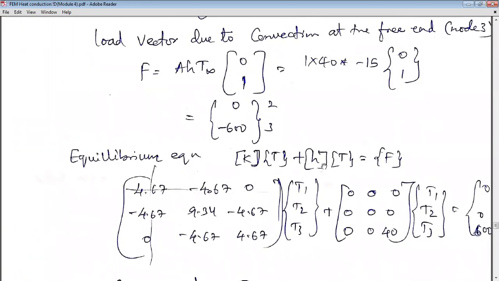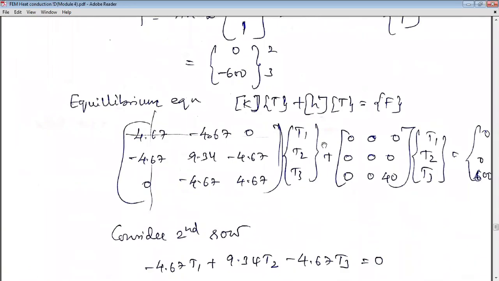Then you write KT plus ST, write the global conductivity matrix, 3 cross 3, 3 nodes. Then here you will have 40. As in the previous problem, here you add a number. If it is to the right, you will see the topmost bottom. Otherwise, for the H matrix you will see the topmost left. Now 0, 0, minus 600. Just to get the matrix in a similar fashion, same size. 0, 0, 0. 0 is for 1, 0 is for 2. Here minus 600. There is a mistake here. Check out minus 600 here.